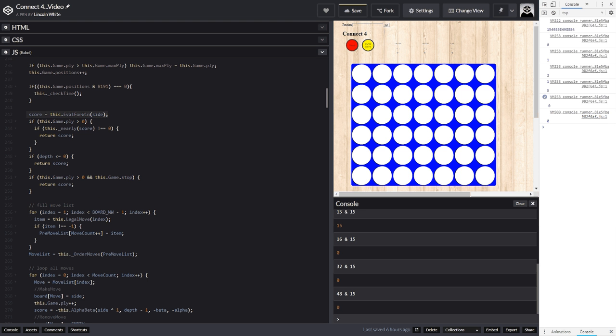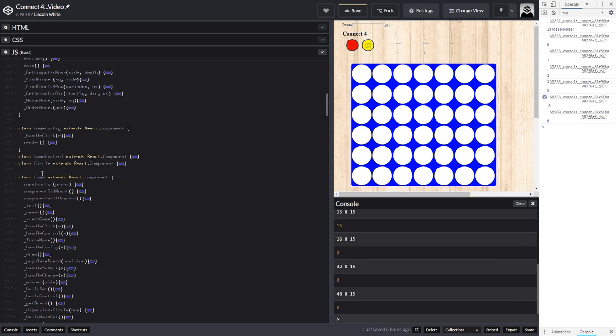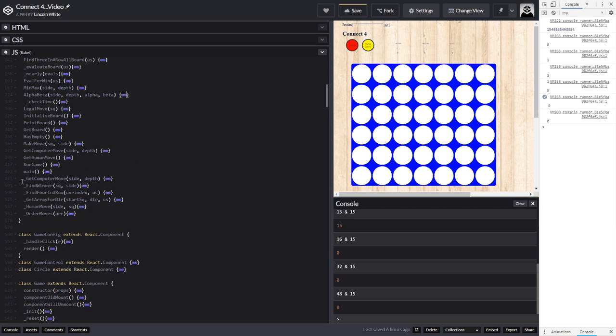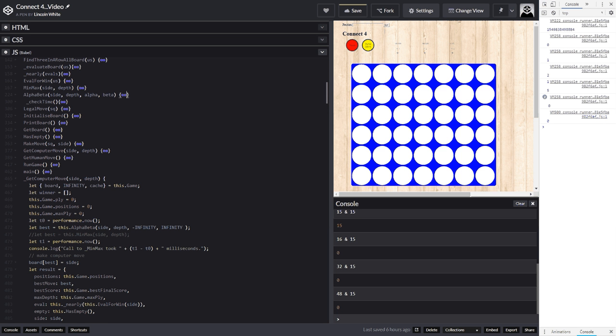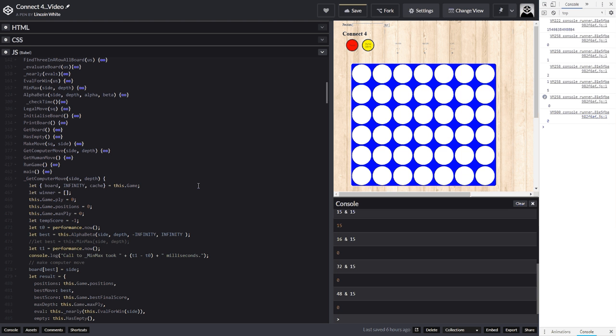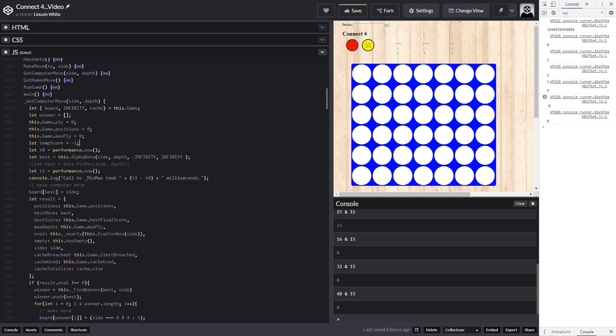So what I'm going to do is go to computer start, and I'm going to set this up so that it can work for us. So the first thing I'm going to do is I just need a variable, set temp score. I'm just going to set that to -1. Okay. And then